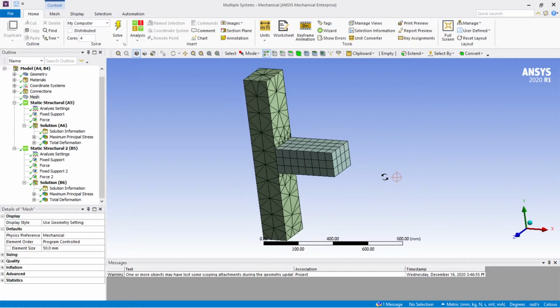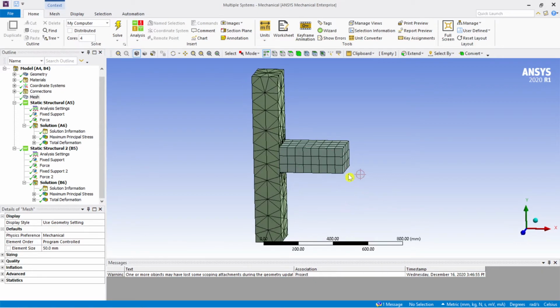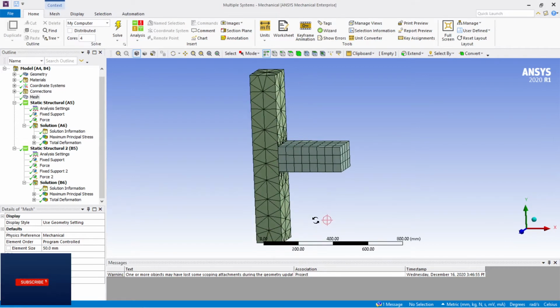Okay, so what I'm going to do is give you a recap of the analysis that I've already done previously. Meshing, a very important thing: I have selected a 50 mm mesh, since this beam is 350 mm. The projection is 350 mm, that is 0.35 meters. The length of this column, or column height, is 1 meter, which I have already considered. So now the 50 mm meshing is done.